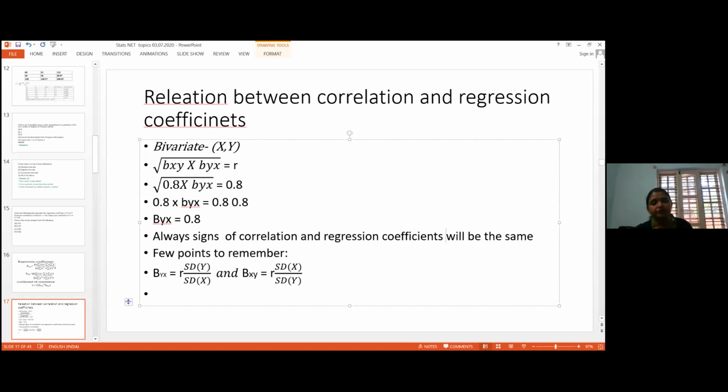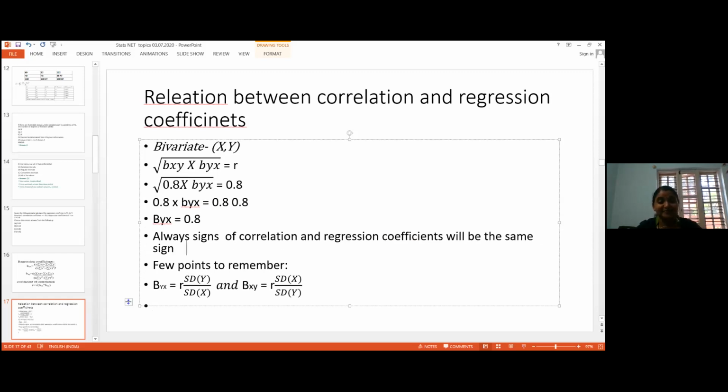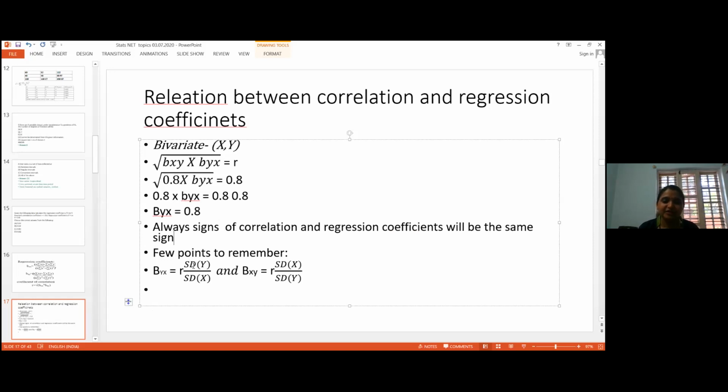They cannot be of different signs. They're all always of the same sign. Positive means all positive. Negative means all negative. Okay. Then another few points that you can remember is the regression coefficients are also related to standard deviation